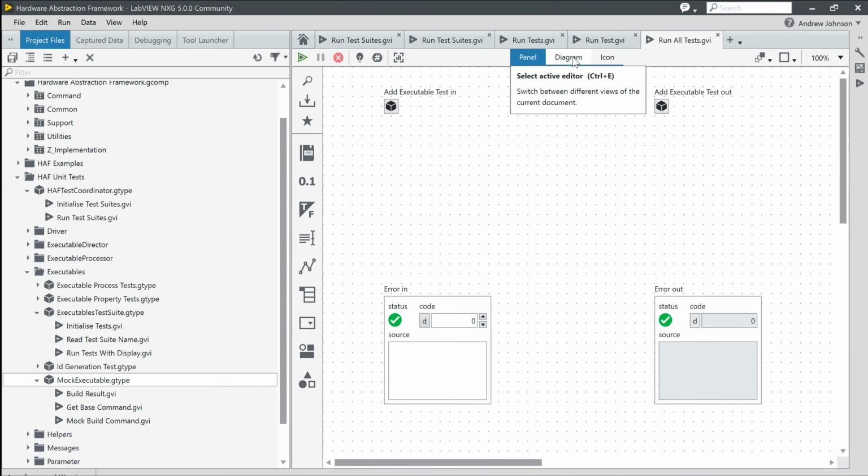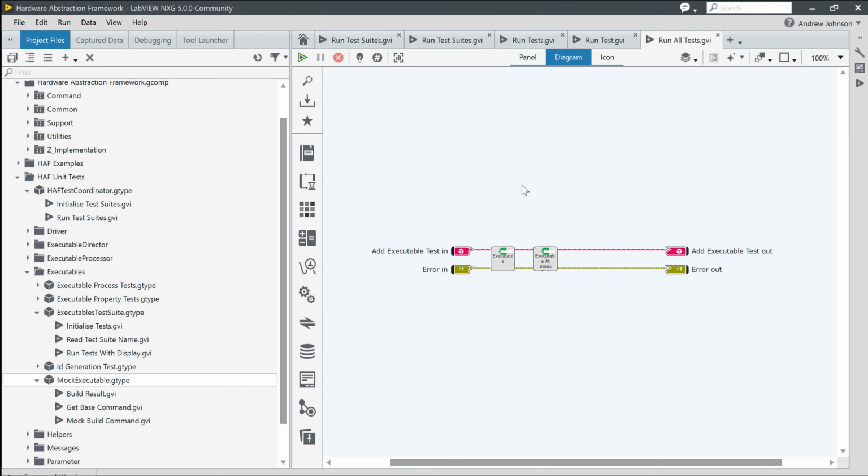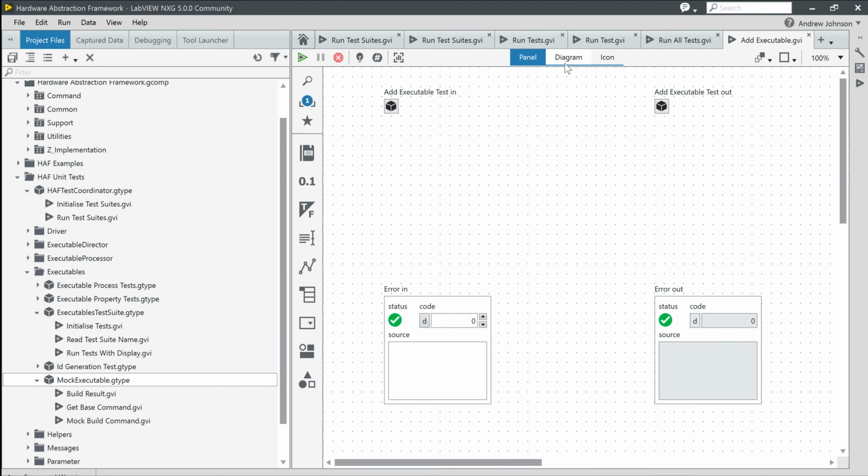So this is a concrete unit test that we'll run, and this isn't a framework method. You can see it's not got a green banner on there. This is my own implementation, and in this one we are running a test called add executable and a test called add executable at index test. So any unit test could actually run more than one actual test. I've set it up so that where they're related, I just have them in one unit test. So add executable,